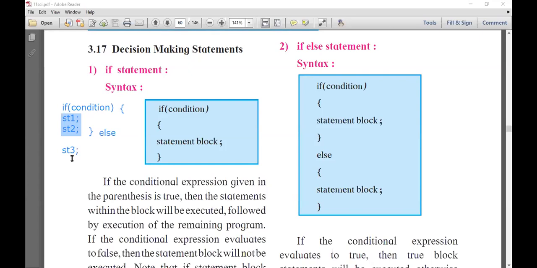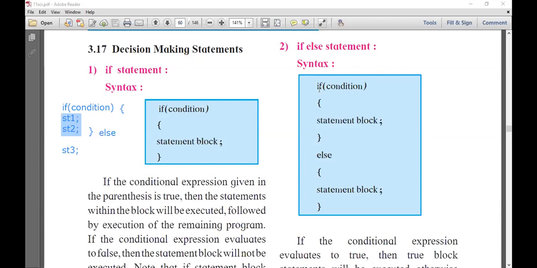If the condition evaluates to false, then statement 1 and statement 2 will not execute, but statement 3 will execute. I am explaining this in a very clear manner.